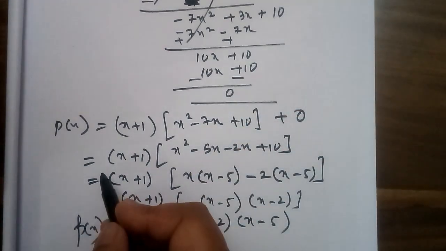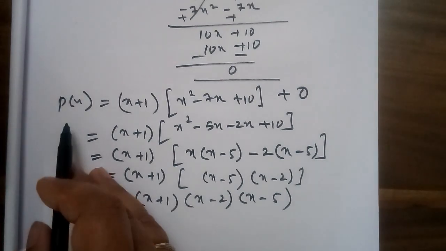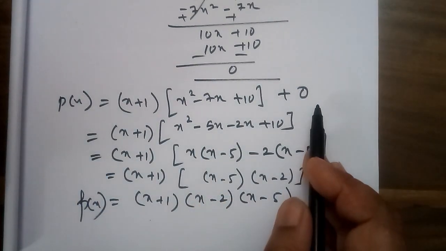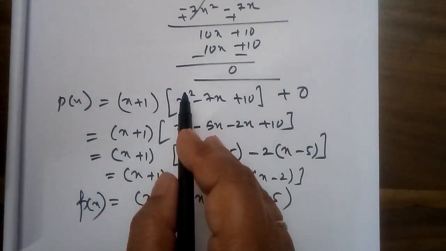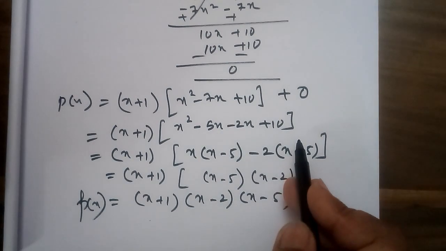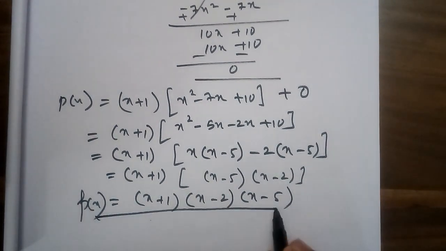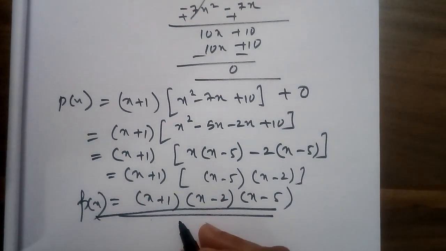And the last step is you will rewrite it using the division algorithm, which states that dividend equals divisor into the quotient plus the remainder. So I put the values here. Then again I get a degree 2 polynomial over here. I have solved it by splitting the middle term. I got 2 factors from here, and finally I got 3 factors. It's a degree 3 polynomial, so I got 3 factors for it.